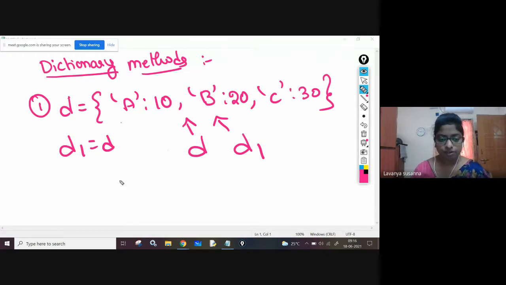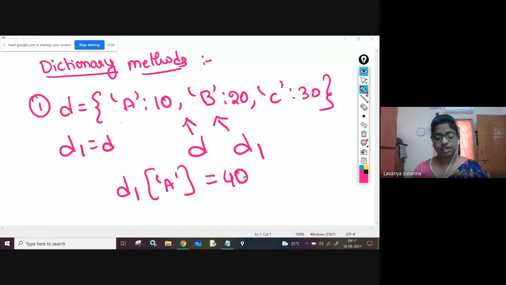Now if you try to modify D1 of key, for example, I am taking key A and modifying it like this, 40. What is A's value? Actually 10, right? Here you need to give the key only. D1 of key equal to 40 means A's value will be replaced by 40.